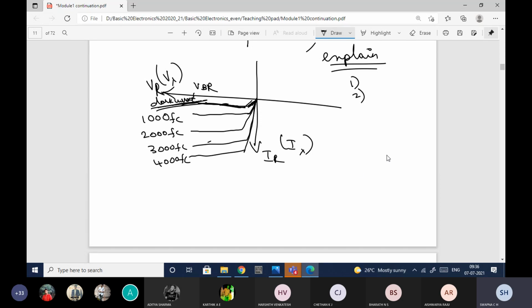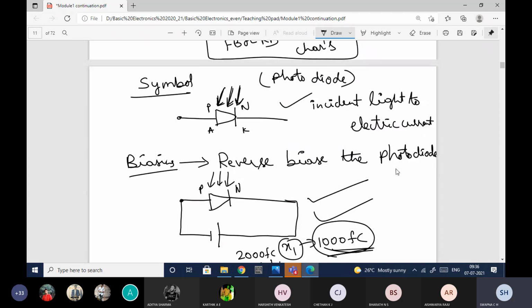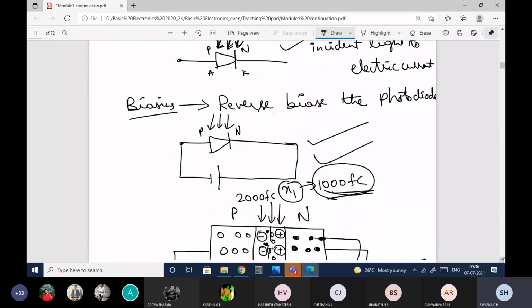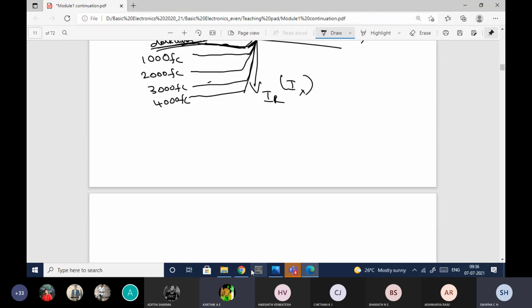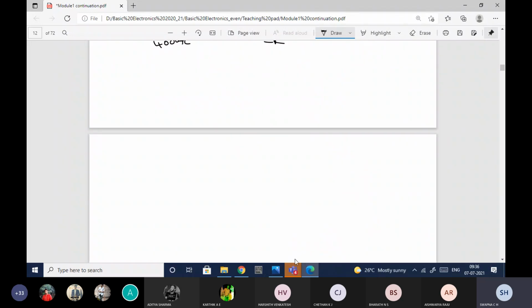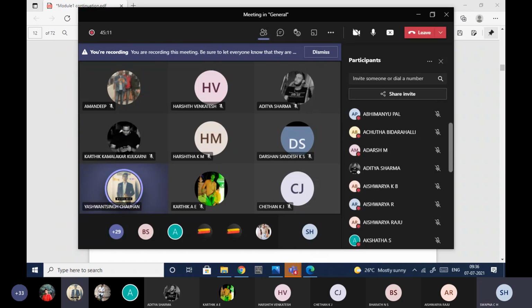That's all with respect to the photodiode. Hope all this is clear to you. Any doubts you're getting, please ask me. No, ma'am. Hope this photodiode is clear to you, right? Yes, ma'am. Okay, fine. I'll go with the next special kind of diode. Anybody have doubts other than others? Others, please respond. No, ma'am.